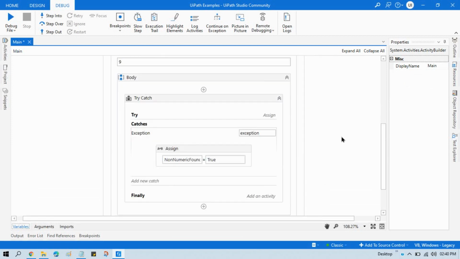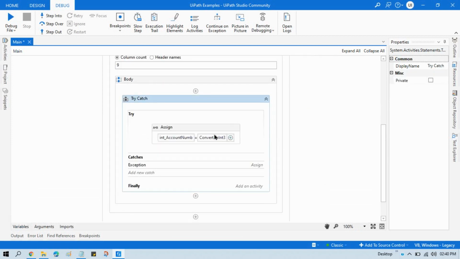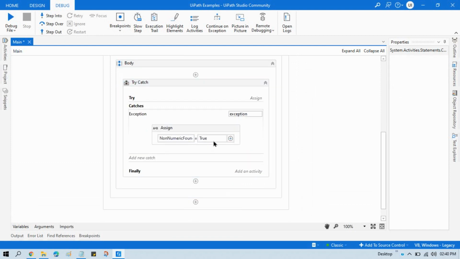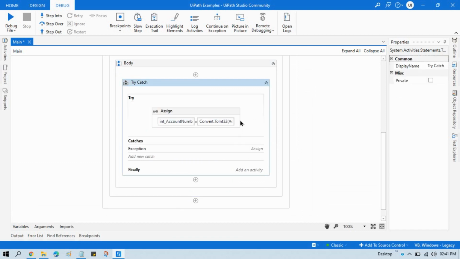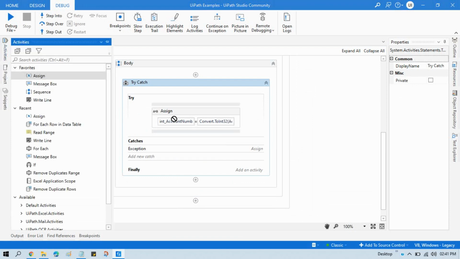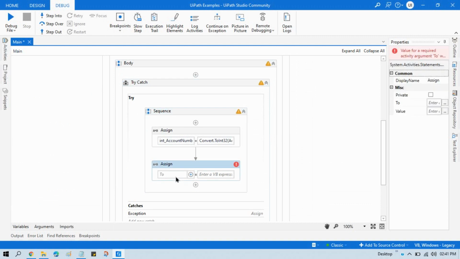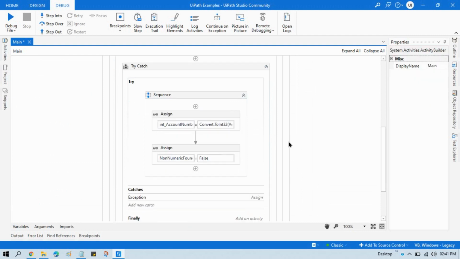Now what will happen here: once we get an error, it will go to the catches part and it will assign the value non-numeric found equal to true. If there is no error, we can take here an assign and say non-numeric found equal to false. It means this is a numeric value.